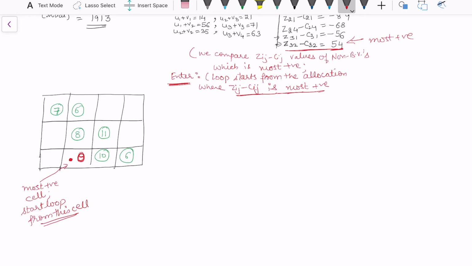You have to make a basic cell. So you see here, either you can go here, this is the first position, or from here you can come back to this basic cell. From this you can come back to this basic cell. So loop means that you start from here, you go to a basic cell, turn from a basic cell and then come back. So suppose if I had gone from theta through this 6 in the looping process,